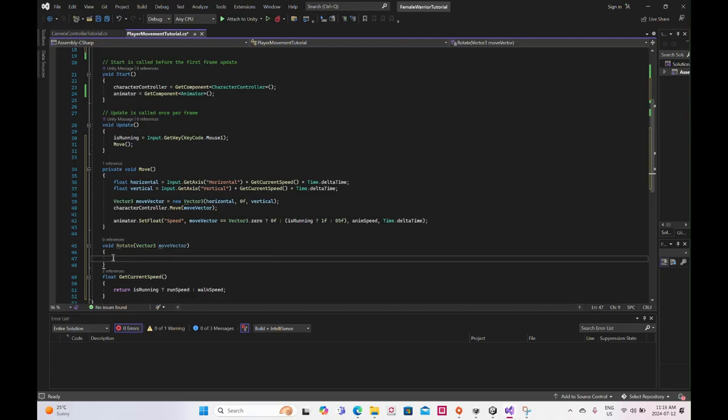Okay, so this rotate function, the whole point of this is for the character, when you're pressing forward, the W key, you want the character to move forward in relation to the camera. You don't just want it to move forward in the world transform, or the world forward direction. So in order to do that,